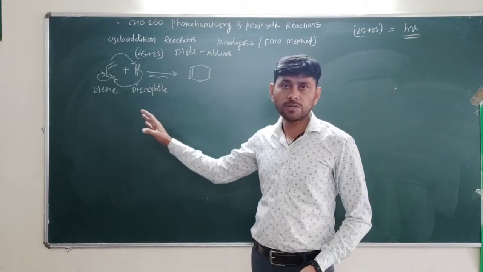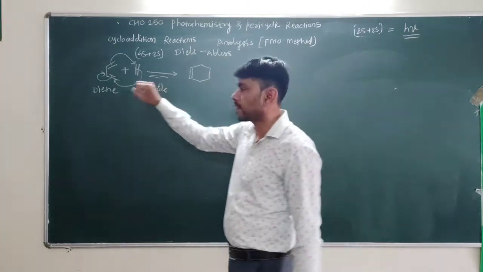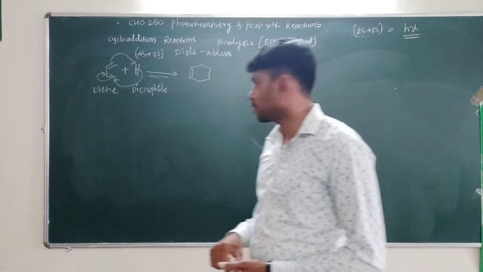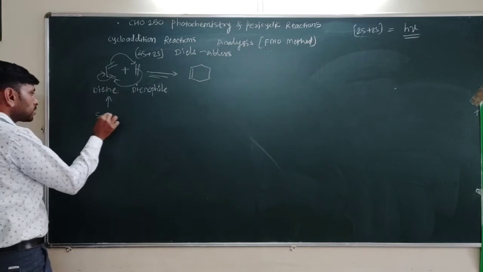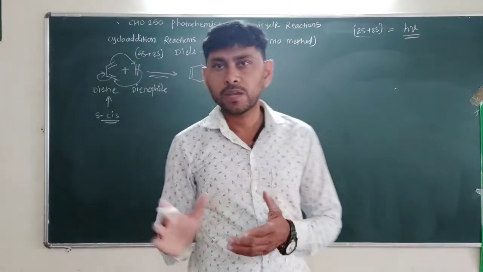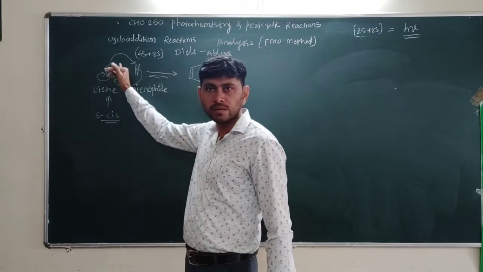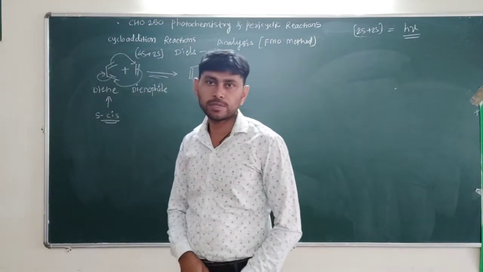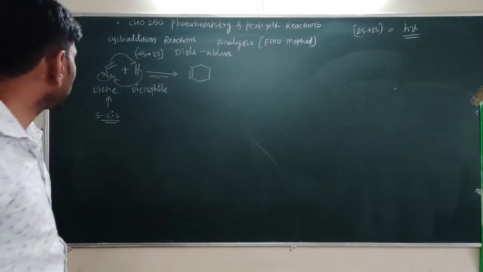To make this reaction faster, it is desirable that the dienophile must be an electron acceptor and the diene must be electron rich, so that the reaction will be fast. And this is always present: the diene must be present in the s-cis conformation. This conformation is the s-cis conformation, meaning cis, the same side double bonds with respect to the single bond. We call it s-cis. Double bonds are on the same side of this single bond. So the s-cis conformation is most favorable for the Diels-Alder reaction.